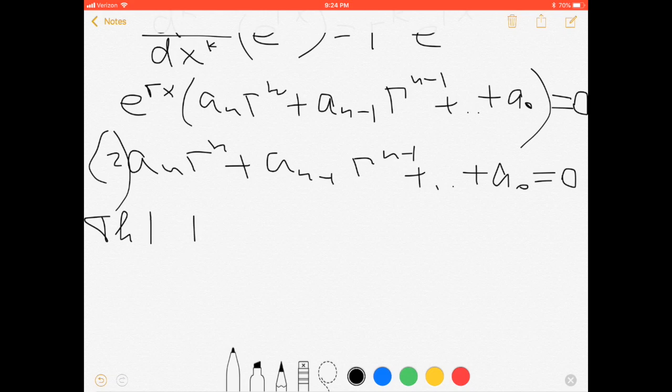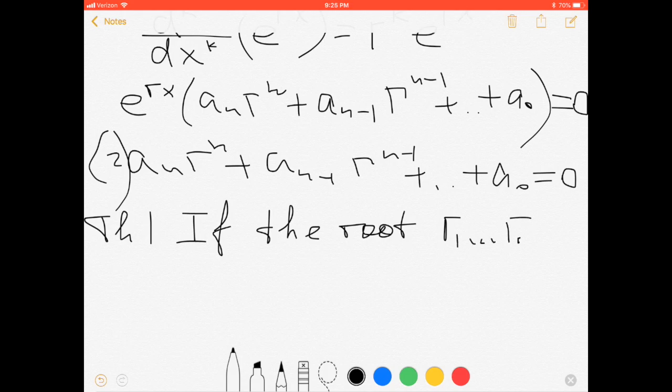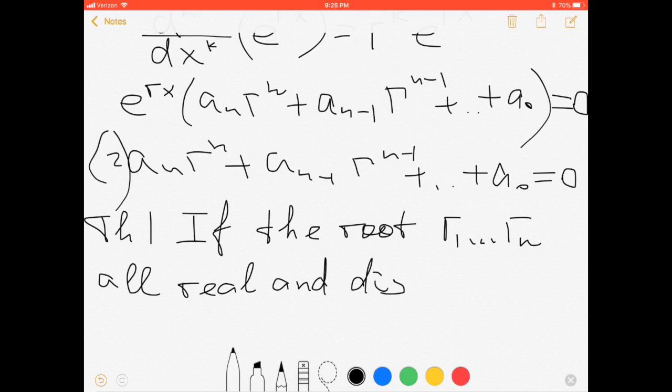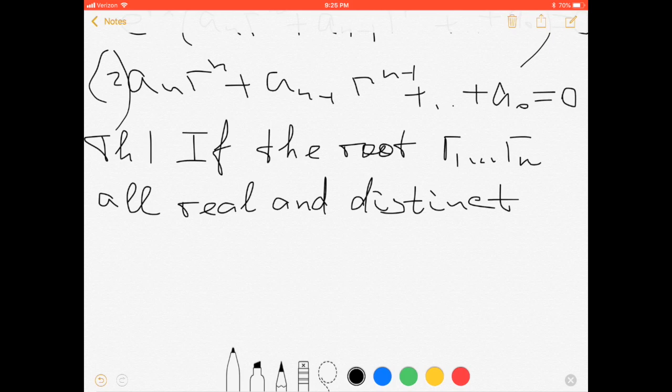If the roots r1 through rn are all real numbers and distinct, all real, this means every number appears only once. All numbers are different. Then